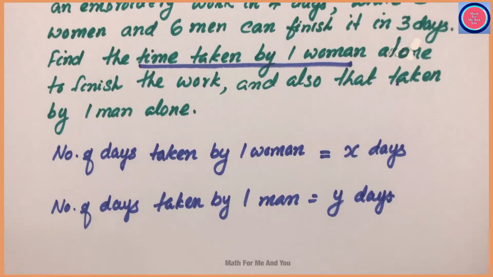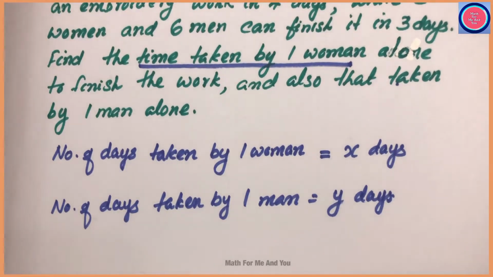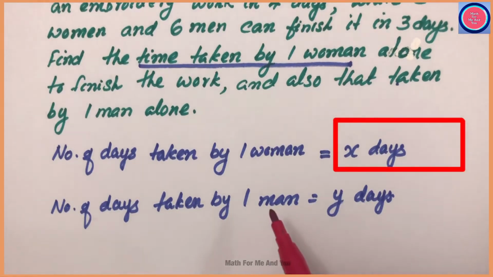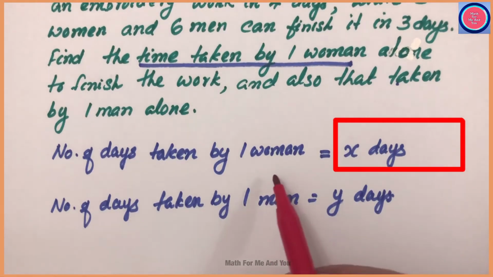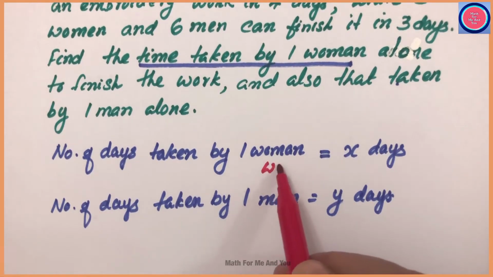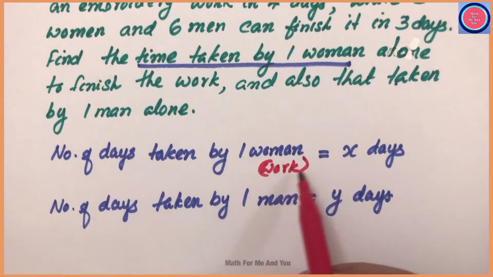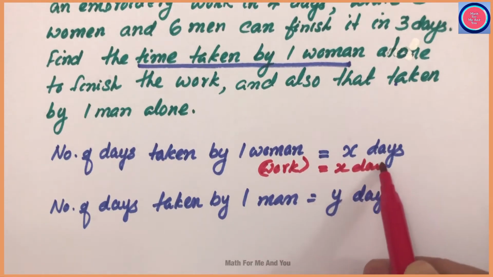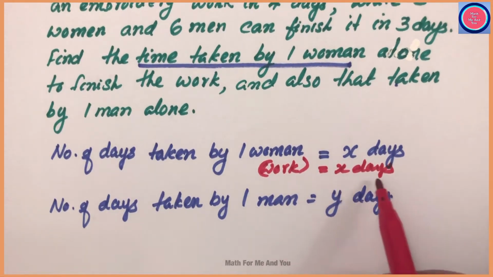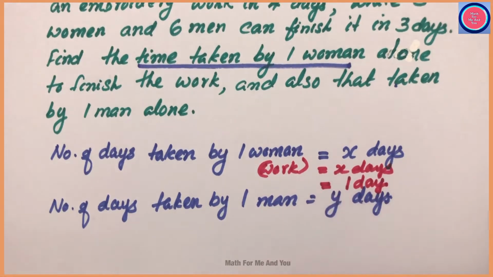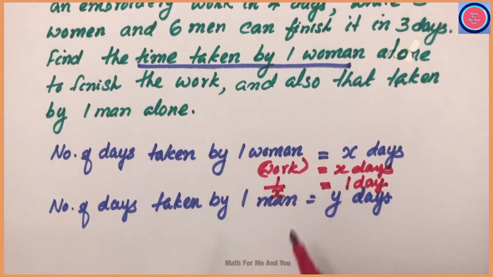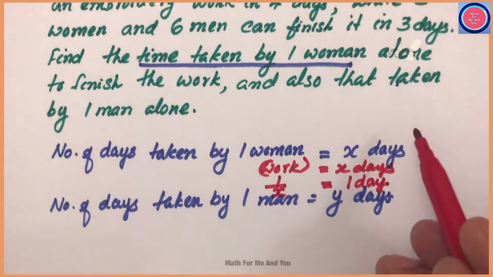This is very important. See, what we are going to do is in one day, how much she could finish. That means you can see the right side x days. So how to find for one day how much? This is one full work she completes in how many days? x days. So we write one work she needs x days to finish. And in one day, how much she could finish? We divide with x. So we get one day. See, whatever we do on the right side, we have to do it on the left side. That means how many work she is doing? Just one work. And we can divide with x, 1 over x.